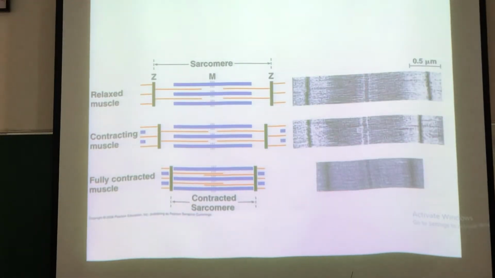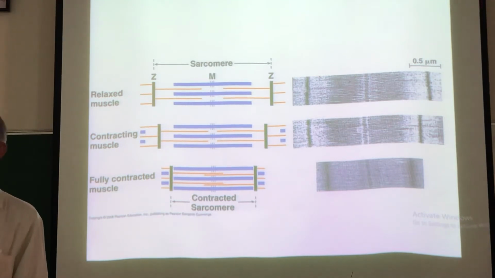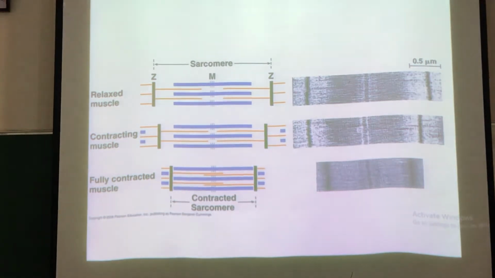Once you have contraction, what you are getting is shortening of the whole sarcomere. That's from this point to this point is the sarcomere, as you see. By sliding of thin filaments over thick filaments, you can get shorter sarcomeres, with more contraction, more shortening of these sarcomeres. Okay? But